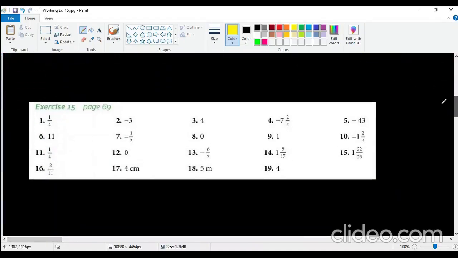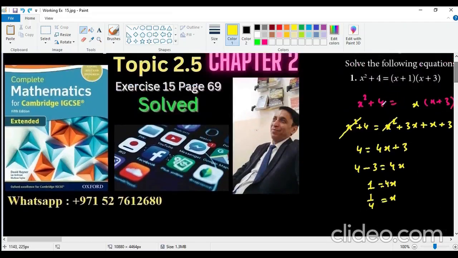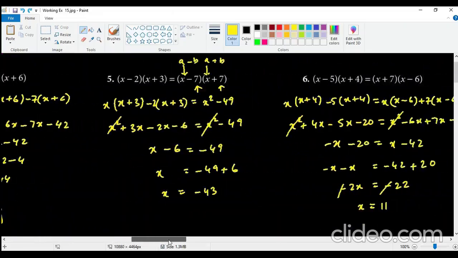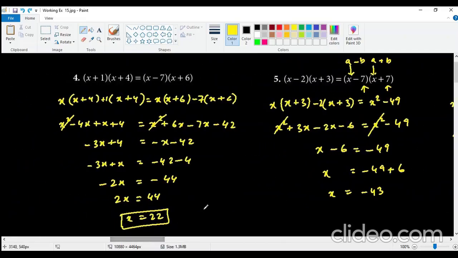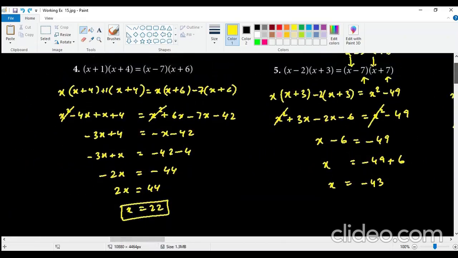Question number 7 is minus 1 over 2 is an answer. Now, moving on to question number 8. Just see if this question has a problem. Yes, as you can notice here, this has to be a plus 4. That means this is going to be a plus 4 and plus 4. And so from here, if I remove this guy